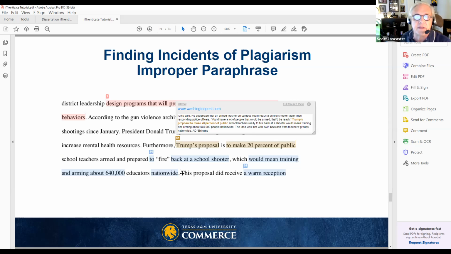I also find often that there can be corrections that might come up. If I see something like this, that they've sort of paraphrased a little, but they've used too much because it's being highlighted. You wouldn't want to see any highlighting in a proper paraphrase, because you're not going to use enough of their original words unless they're titles or laws or something like that. You're not going to see enough of it to warrant it being highlighted.